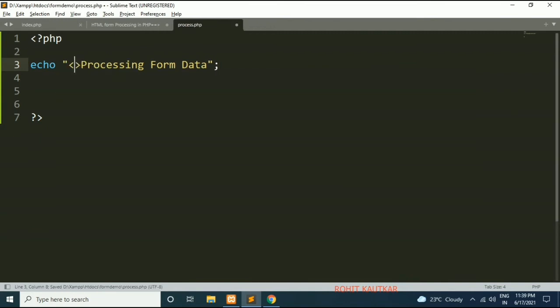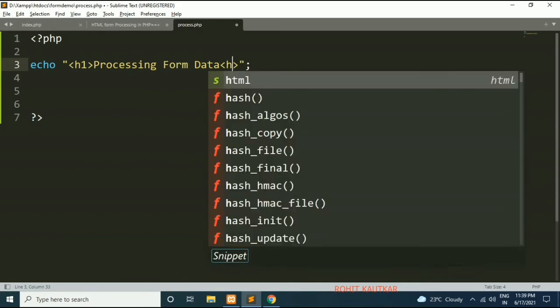Now I will add an h1 tag so we will be able to see the data in a larger font. Now you can see we are getting this output, which means we are redirected to the correct file.